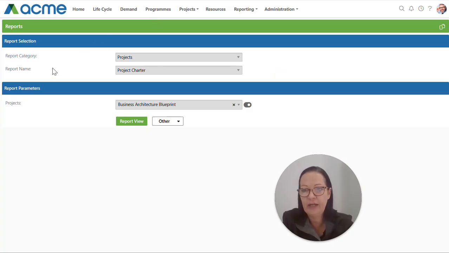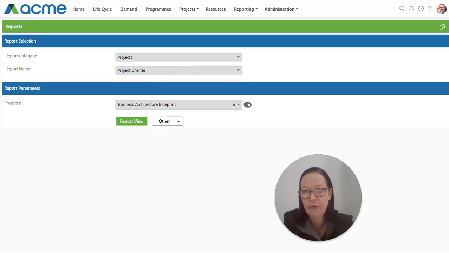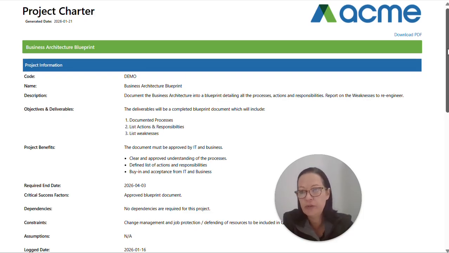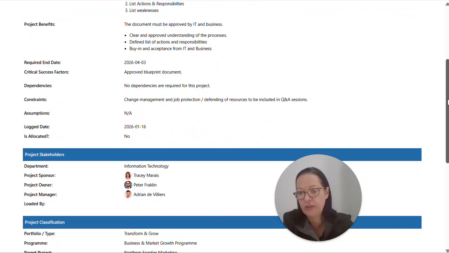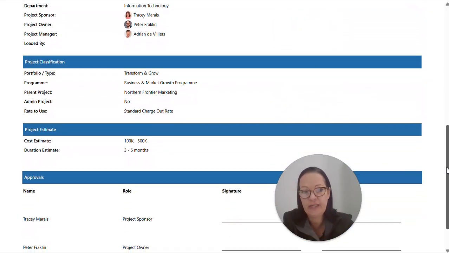Next, I would like to cover the project charter. So as mentioned, there are numerous project reports. When adding your project, it automatically pulls through to the project charter. So we've got our project information, our stakeholders, classification, estimate,